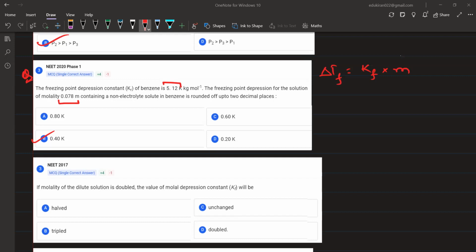देखिए, दूसरी चीज हम आपको अप्रोक्सीमेट करने की सिखाते हैं, ठीक है? देखिए 0.80, 0.60, 0.20, 0.40, ऑल ऑफ दीज आर हैविंग डिफरेंस काफी ज्यादा है सब में, राइट? 80 और 40 एक दूसरे का डबल है, 20 और 40 एक दूसरे का डबल है, 60 इज इन बिटवीन देम। नाउ व्हाट यू नीड टू डू इज अप्रोक्सीमेट कीजिए। इसको आप ले लीजिए 5 और 0.078 को ले लीजिए 0.08। नाउ मल्टीप्लाई बोथ ऑफ दीज थिंग्स, यू विल गेट व्हाट? 8 5 are 40। और how many decimal points? 1 decimal point, 2 decimal point, because यहाँ पे 2 decimal points है। आंसर क्या आ जाएगा? 0.40।